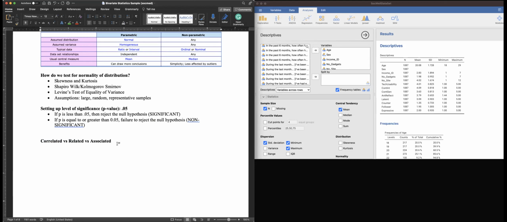There are some panel members who would like to hear the word associated because it's a safer word to say when you use non-parametric tests. So you consult with your mentor regarding what would be the best term to use. In my case, I'm going to teach you to use the word associated. Okay, so